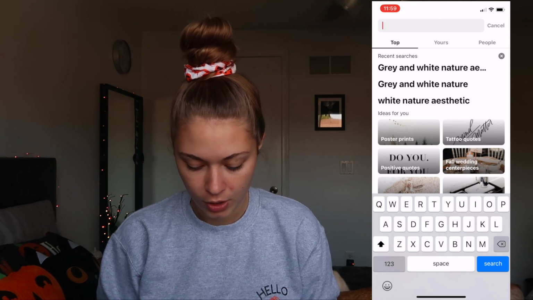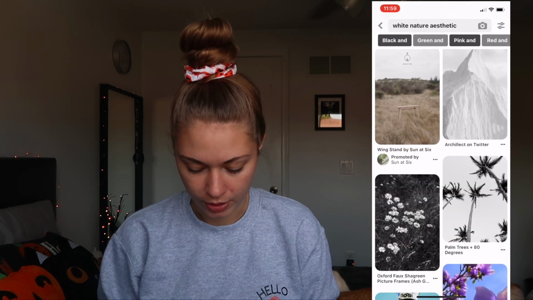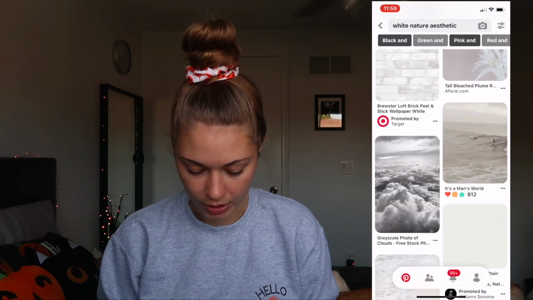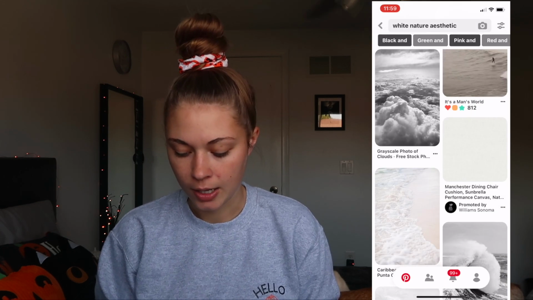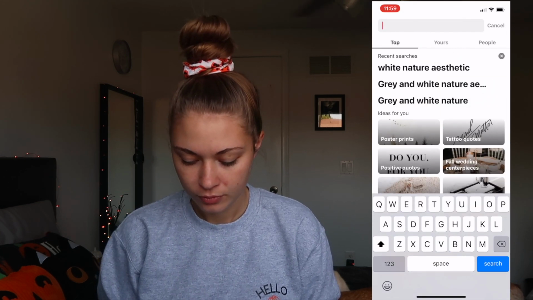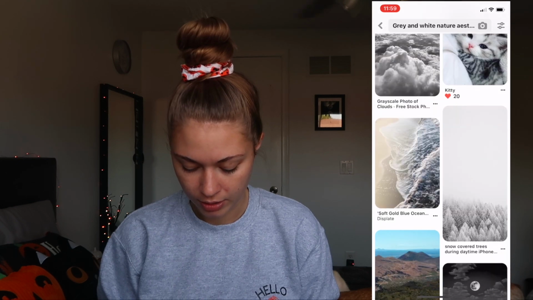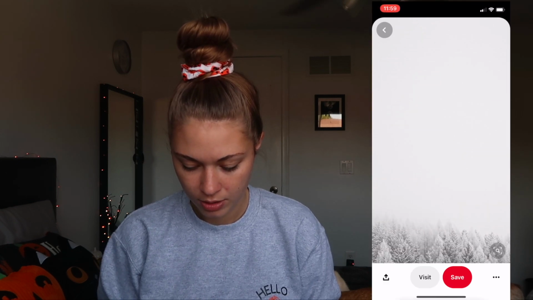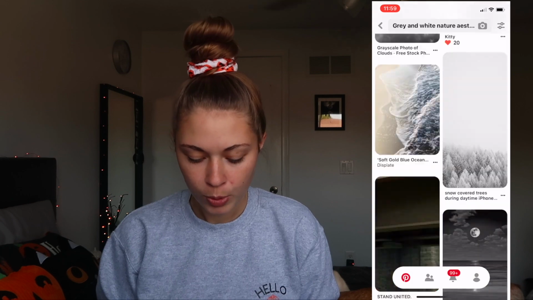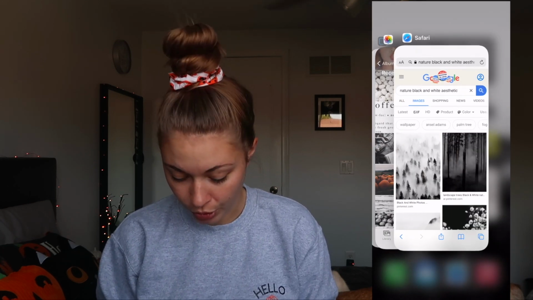Look, I've already Googled stuff. I put white nature aesthetic to try and find some more white colors of something, or like this, a cloud. This was for my friend's phone. Gray and white nature aesthetic. Ooh, look how pretty. But yeah, so as long as you're putting in the word aesthetic or Tumblr or whatever,